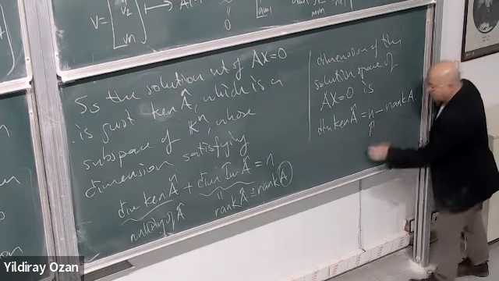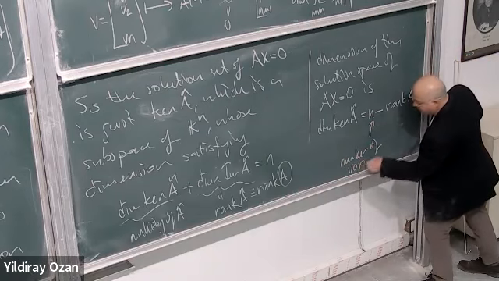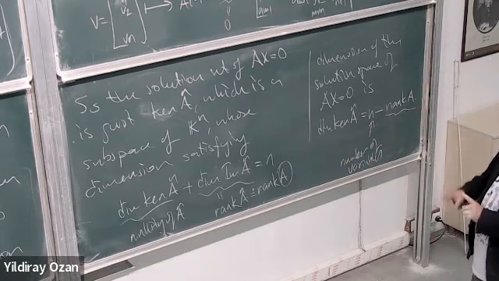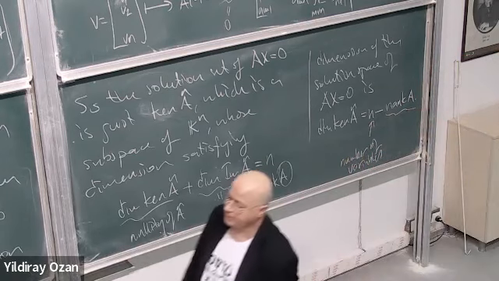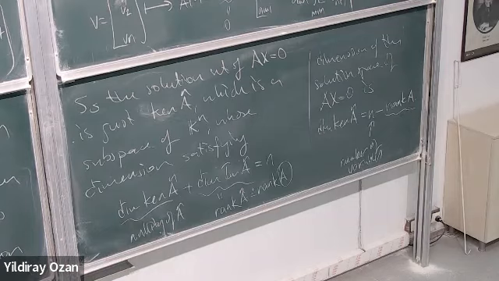Bu nedir? Number of variables. What is the rank of A? The rank of A is the rank of the matrix or the linear map A hat. And that rank is just the number of